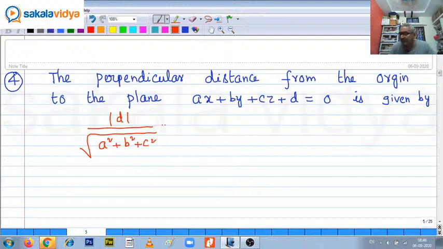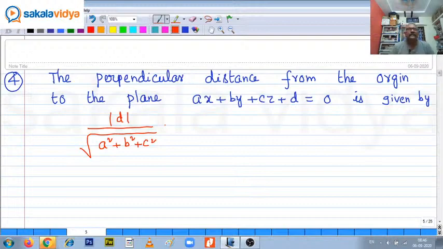It is just like a straight line only. It is similar to the straight line. The perpendicular distance from the origin to the line Ax + By + C = 0 is mod C by root of A square plus B square. Here in addition to A square plus B square we get C square, just like similar to the